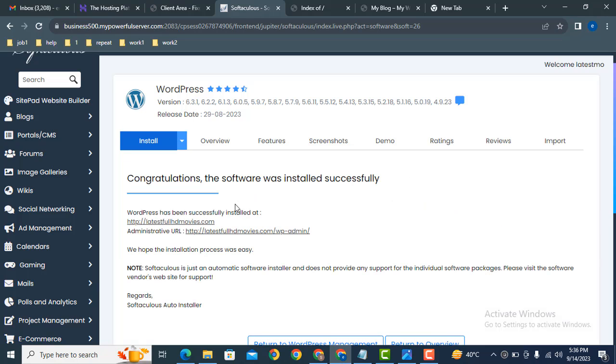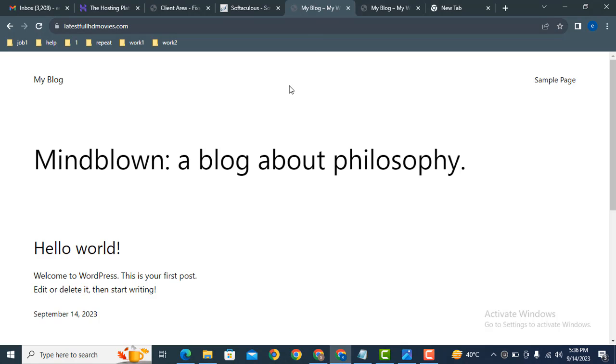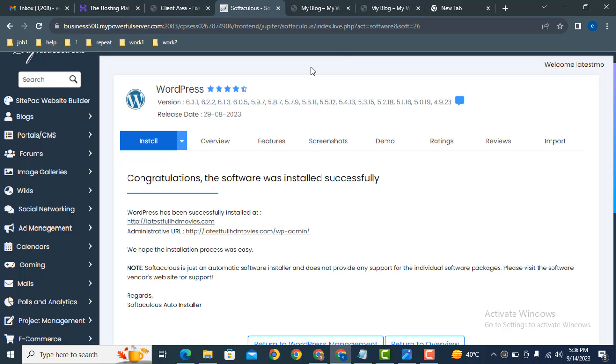Here you can see WordPress has been installed. Let's refresh the page. Now you can see the issue has been solved. So there are various other reasons that this issue sometimes